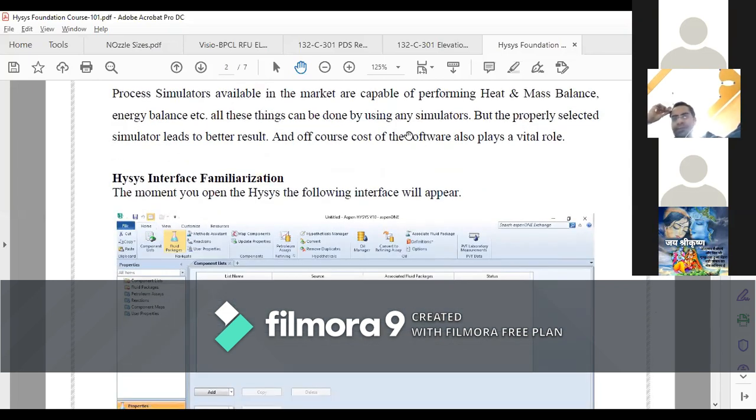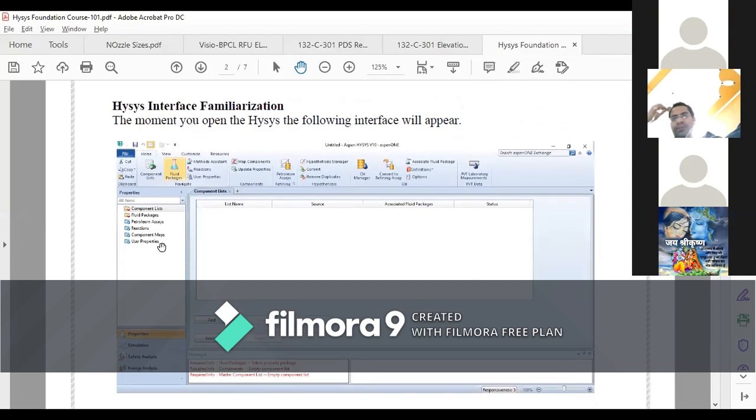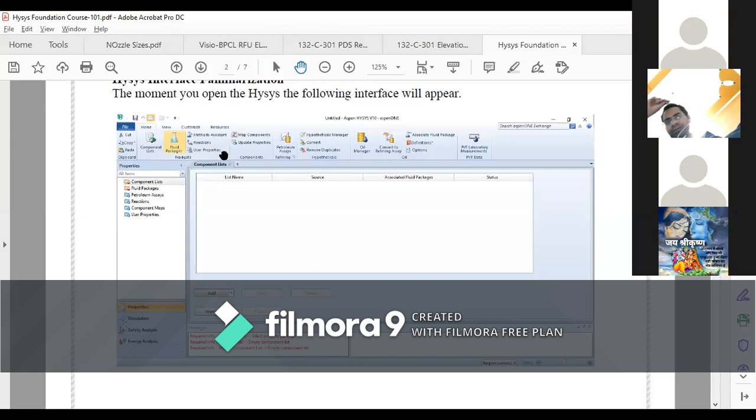Now let's go to the HYSYS interface familiarization. This is the HYSYS interface, and you can see that there are so many options available at the top. Few options are also available here.